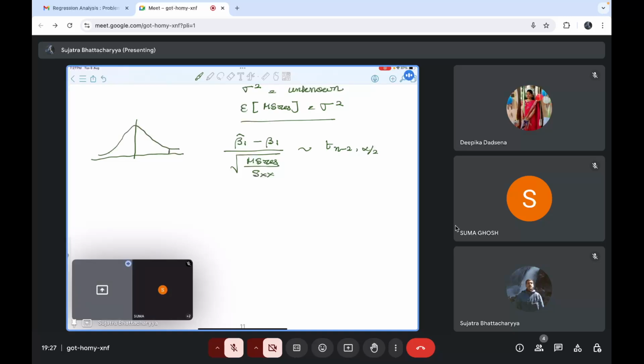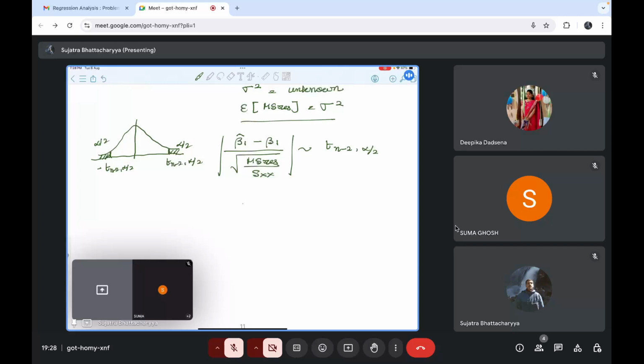I've already shown it. So this is alpha by 2, and this is minus t n minus 2 alpha by 2. This is plus t n minus 2 alpha by 2. Right. So this is one statistic. Since it is both sides, you can take a mod and all these things. So now what we do here is that